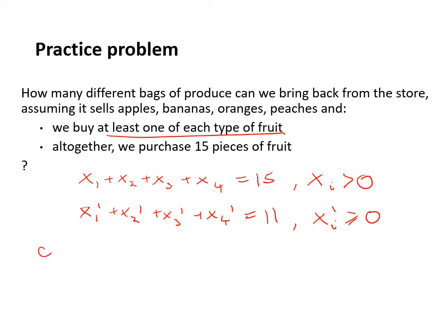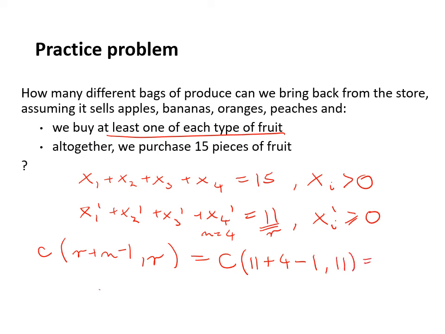It is equal to C of R plus N minus 1, comma R, where R is equal to 11, and N is the number of these variables, so N is equal to 4. So that is then equal to C of 11 plus 4 minus 1, comma 11,